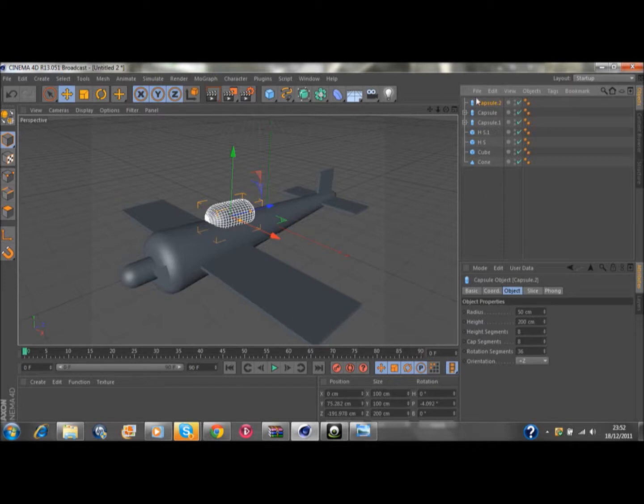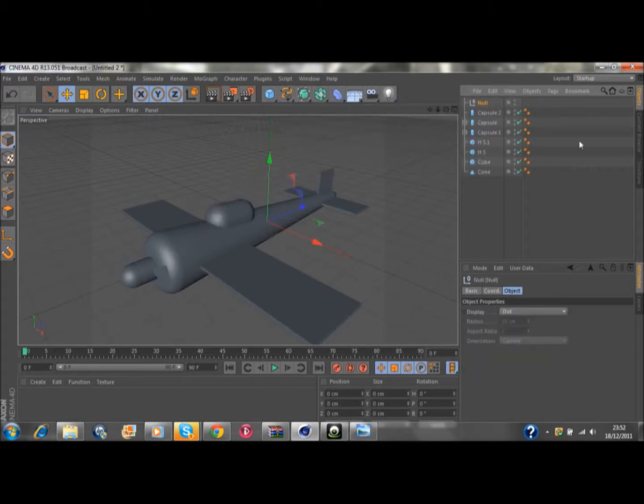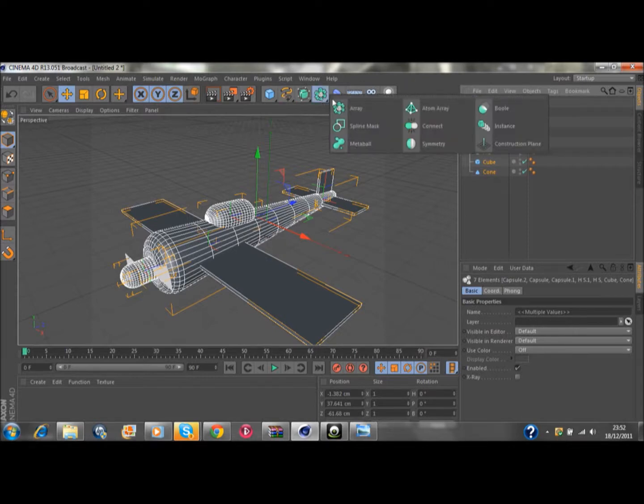But first, where's null on this? You want to insert a null, which is practically nothingness. And all these you want to insert to it. So make everything a child to null, right? And then you want to add in a